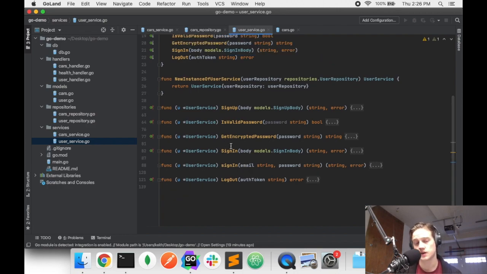Is validate password, get encrypted password, and log out. Sorry, not log out. Validate and get encrypted password actually shouldn't be public methods. So based on the capitalization, they are declared as public, but they actually shouldn't be. There's actually no